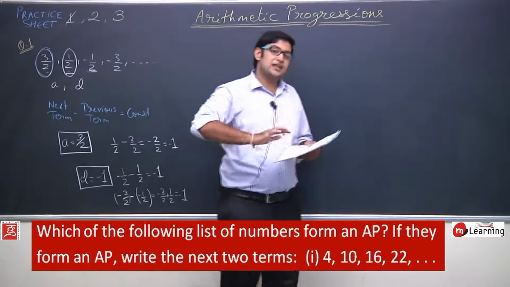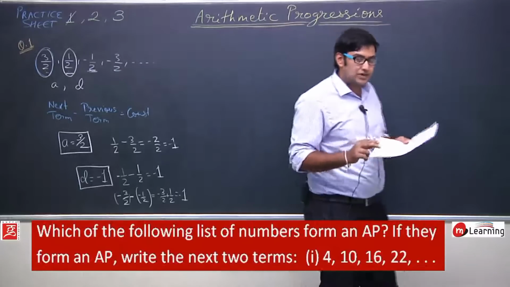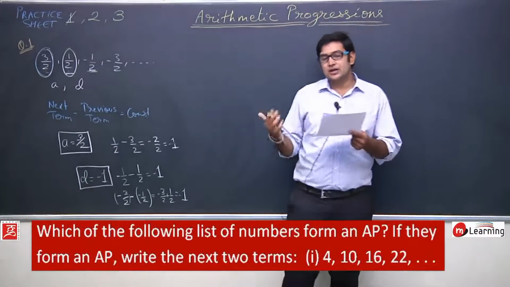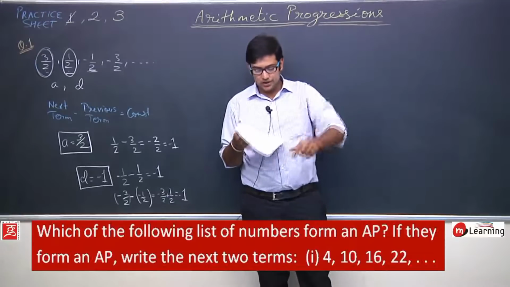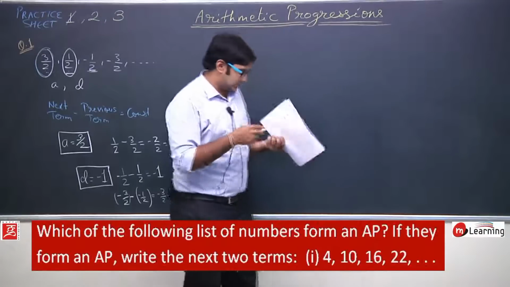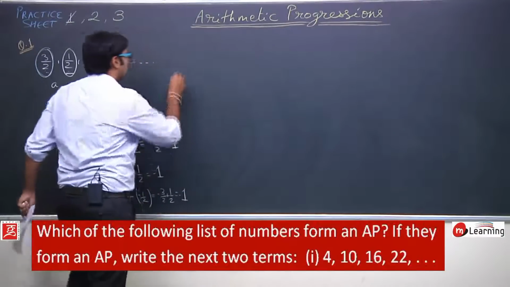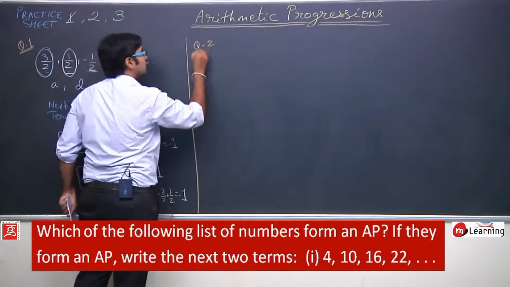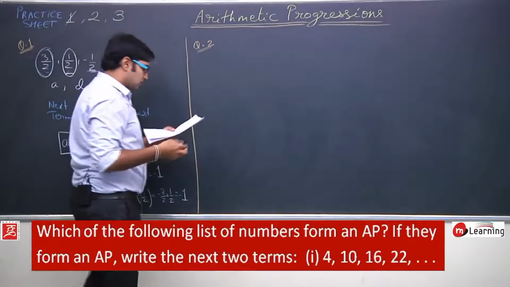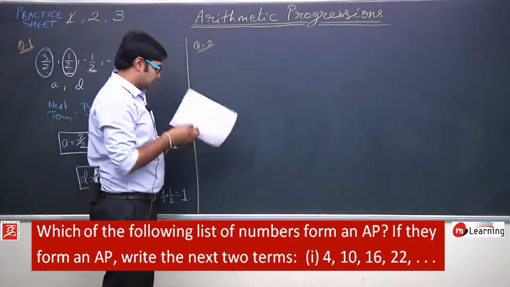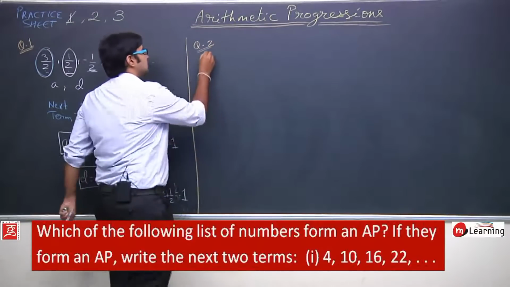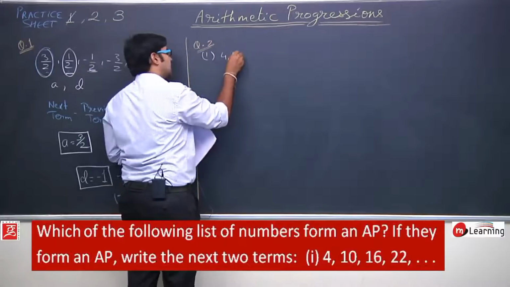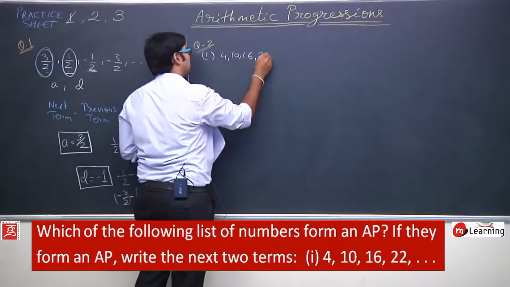And if the list represents an arithmetic progression, I need to determine the next two terms of the arithmetic progression. So let us solve question number 2. The first list of numbers is given as 4, 10, 16 and 22